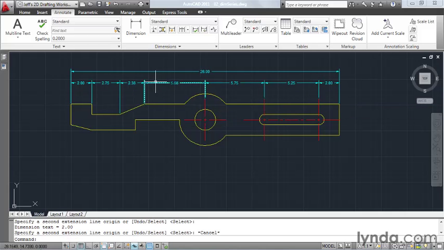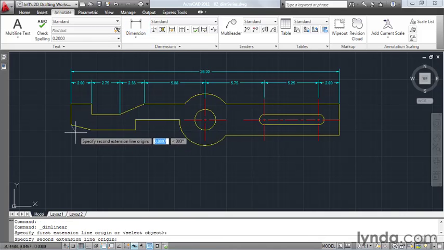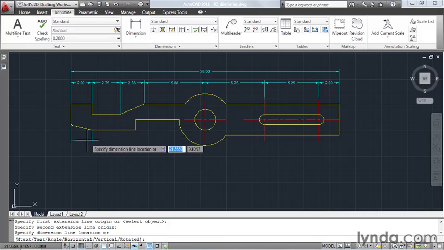Now, this is nice, but what if I'd like to create a series of dimensions to a common baseline? Well, I can do that also. Once again, I'll start by creating a dimension. I'll click Linear, and I'll create my dimension from the endpoint here to the endpoint here,